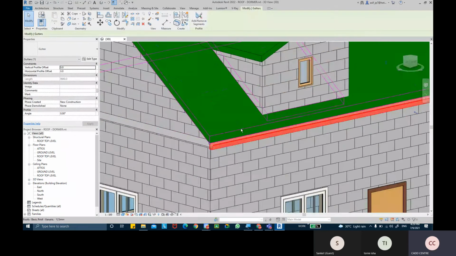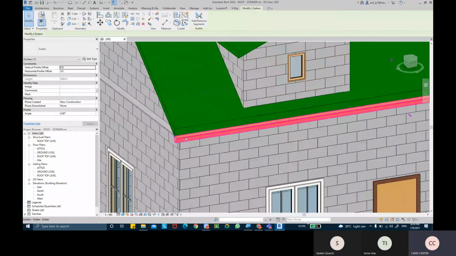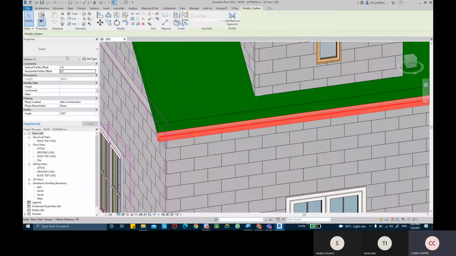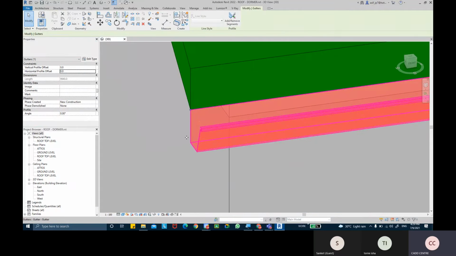You can select this roof gutter and then use these drag points, maybe if you want to drag it less or drag it a little to the end of the roof. You can do that. And you have properties of roof gutters as well. Like if we go in the type list, I have only one type, which is the gutter, right? So I don't have a different shape of profile.